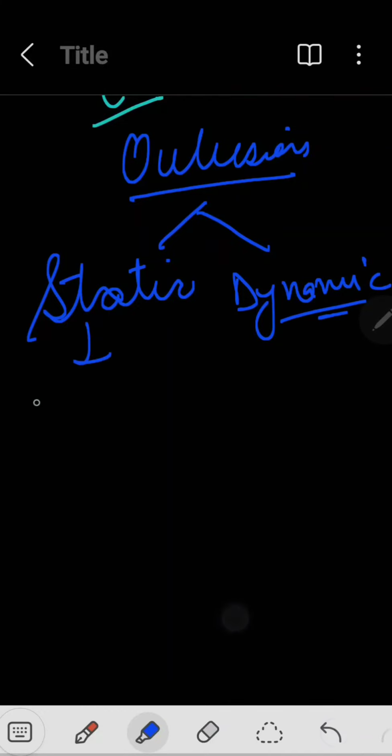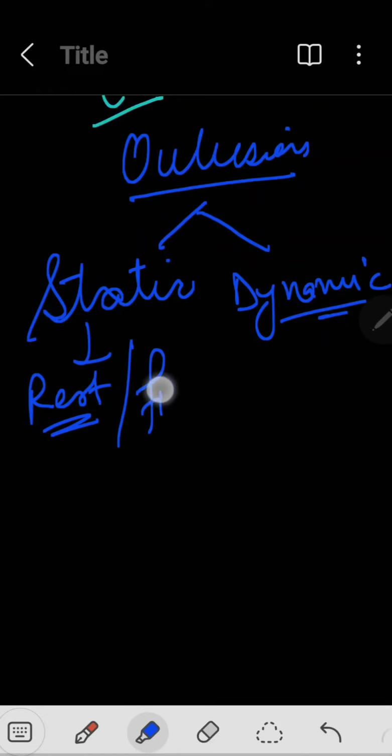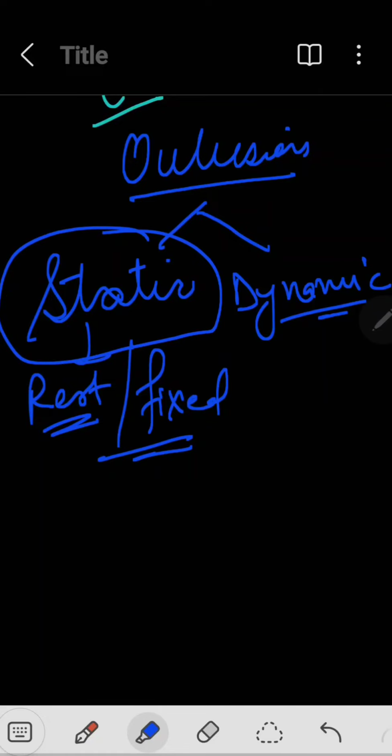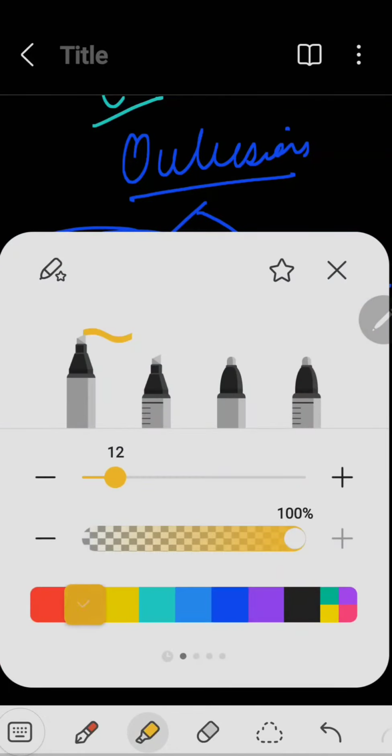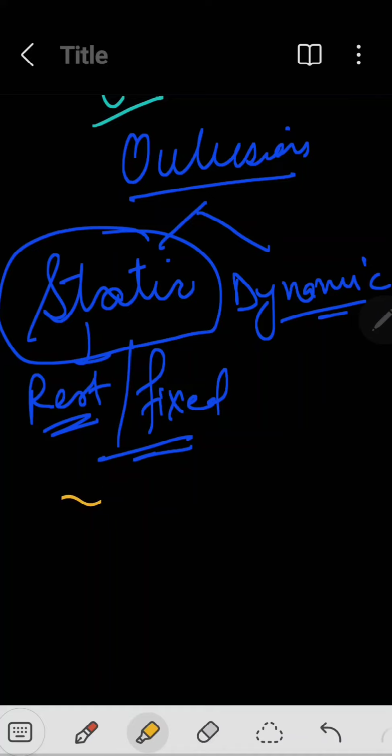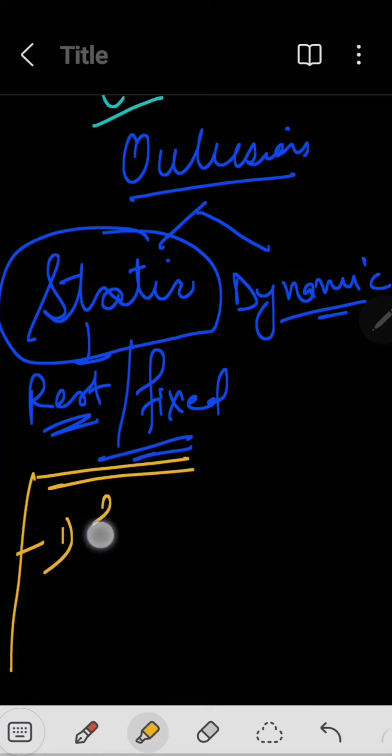Static means something at rest, or something which is fixed. It means there is no movement taking place, and that is called static occlusion. There are various components associated with the static aspect of occlusion, which may include: number one is the